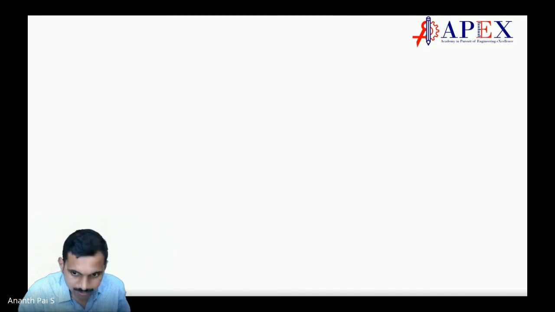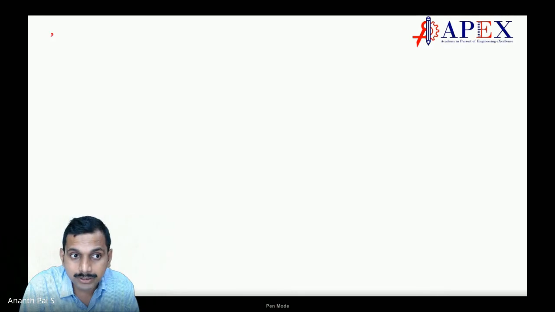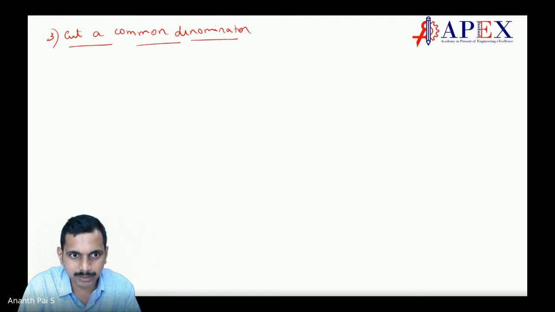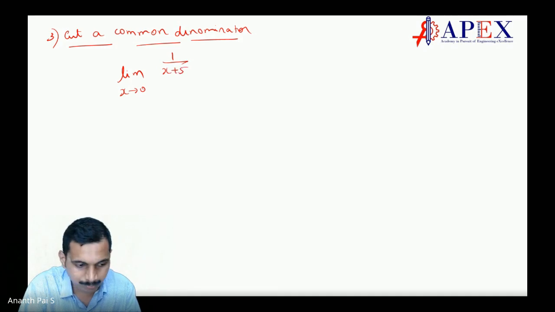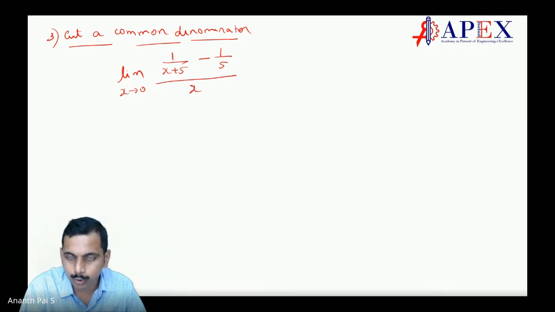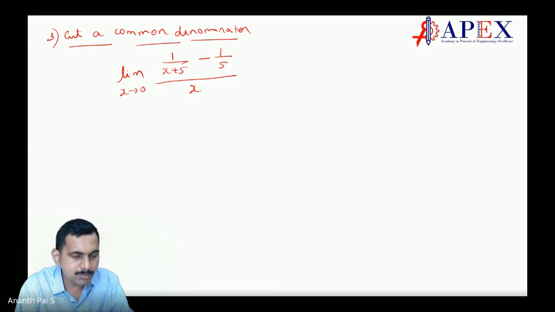Okay, so next point. Another point is cut a common denominator. The third step to solve it is to cut a common denominator. That's the third part. So the example is, say, limit x tending to 0. I know I am taking a very simple problem, students, because when you take simple problems, you understand. Once you understand, apply it to the complex problems. That is my way to go. First always understand concepts, put them to simple problems.